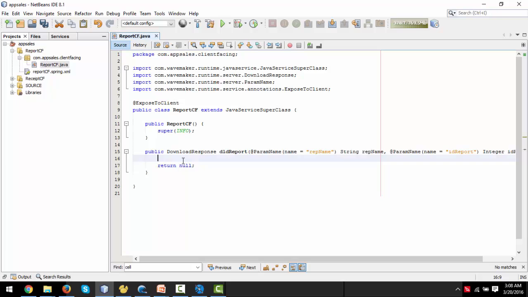So with that done, we're going to do a new instance of a download response. We're going to call that ret, so it's for return, equals new download response. Okay, so it's just a blank new download response. And then we also add a configurable MIME file